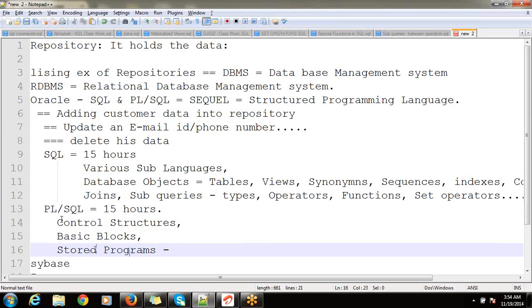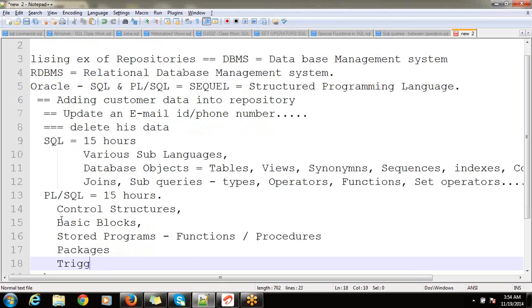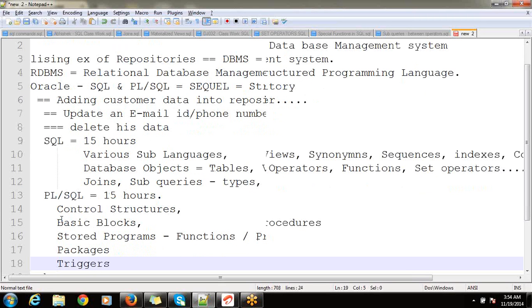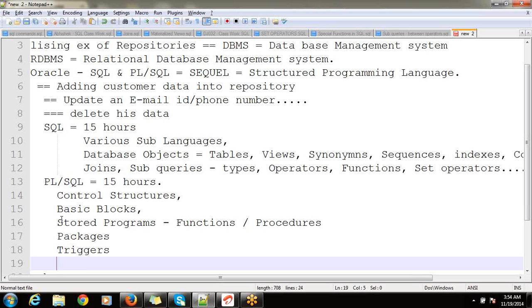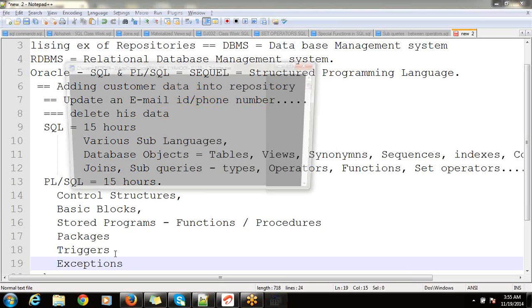Under stored programs, you will be learning functions, procedures, then packages, triggers, and exceptions, then PLSQL objects.